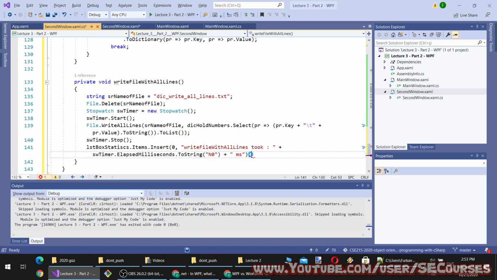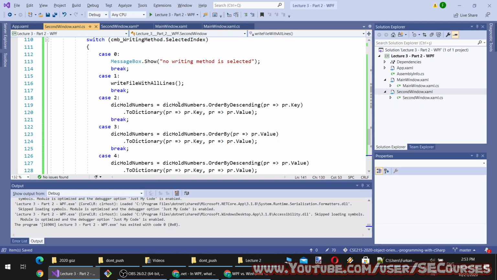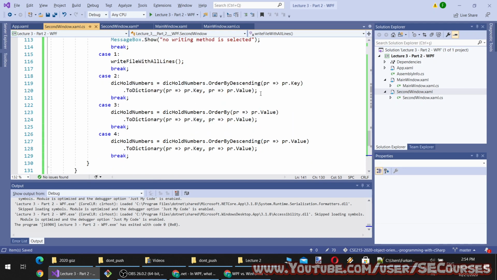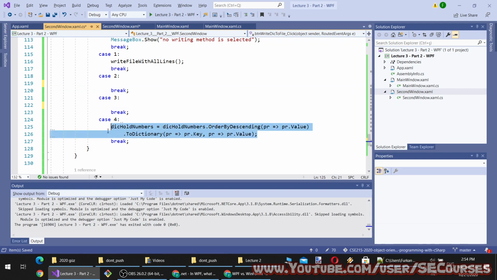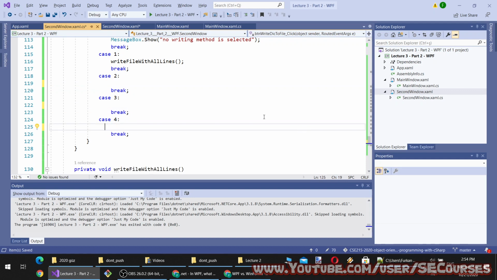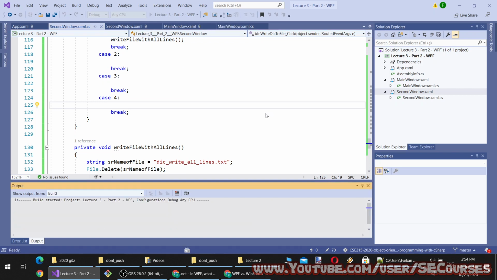Okay, so this is the first method, and will it work? You should always go step by step in your application: test, code it, and run it, and test and continue coding. So let's see if our methods so far are working or not.